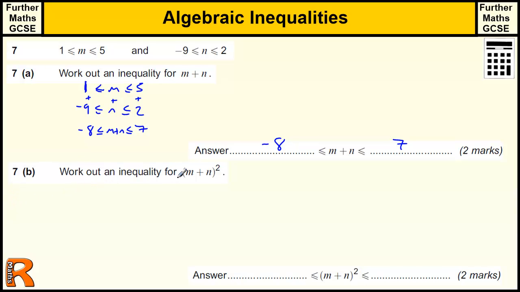Now if we have to work out an inequality for m plus n squared, then we need to think about what values that can take. So what's the minimum value when you square something? Well, you might think to start with to square the minus 8, but minus 8 squared is 64, so that's actually a positive value, and 7 squared is 49, which is also a positive value. So all the values between here